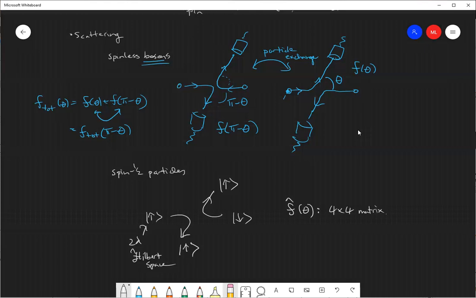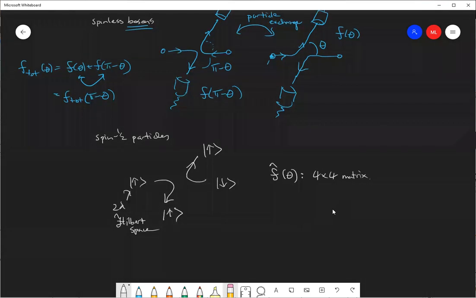If they're in a triplet state, then they should remain in a triplet state. So although in general it could be a 4x4 matrix, it's actually quite constrained. The conservation of angular momentum tells you that